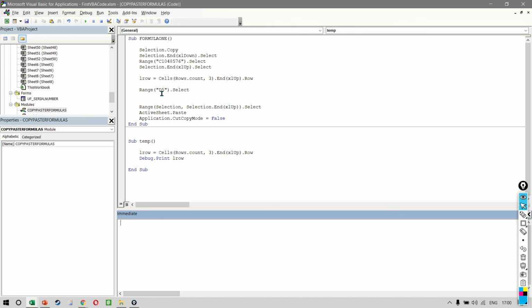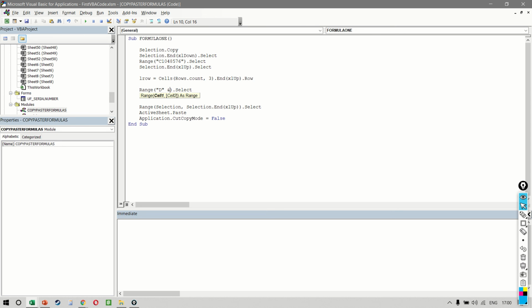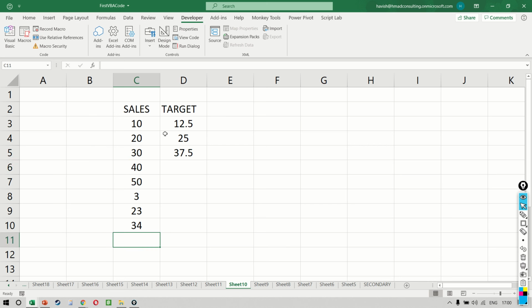This means that now we have made the last row dynamic. So rather than choosing the 5th row every single time, which doesn't really make any sense, what we want to make sure is that we are choosing the last row dynamically. So how do we incorporate it in our previous code? We can simply put LRow here, which is already there. And let me remove all this. So rather than saying that 5 is the last row every single time, we want to concatenate LRow like this. Let's see how this works.